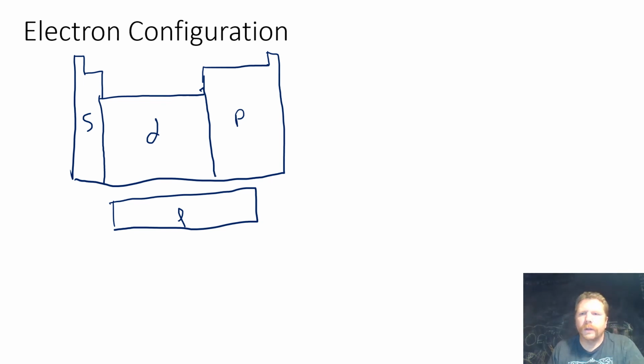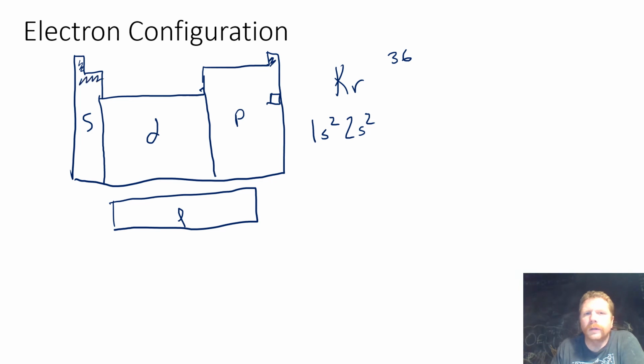Now, if we took something like, let's go with krypton. Krypton is right here, Kr. How do we write the electron configuration for that? We have to account for all 36 electrons that krypton has. The 2 innermost electrons that krypton has are the 1s electrons. So we're going to say that krypton has a 1s2 complete orbital. Next up, we're going to go to the 2s electrons. Well, it's got both of those. So 1s2, 2s2, 2p6,